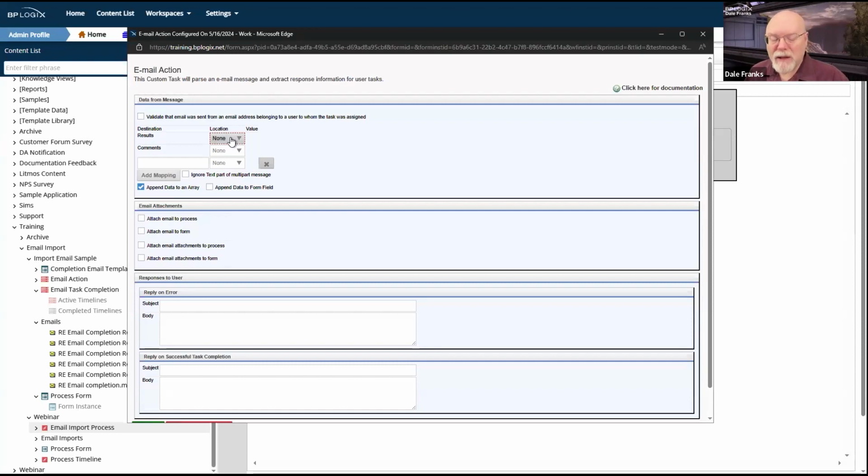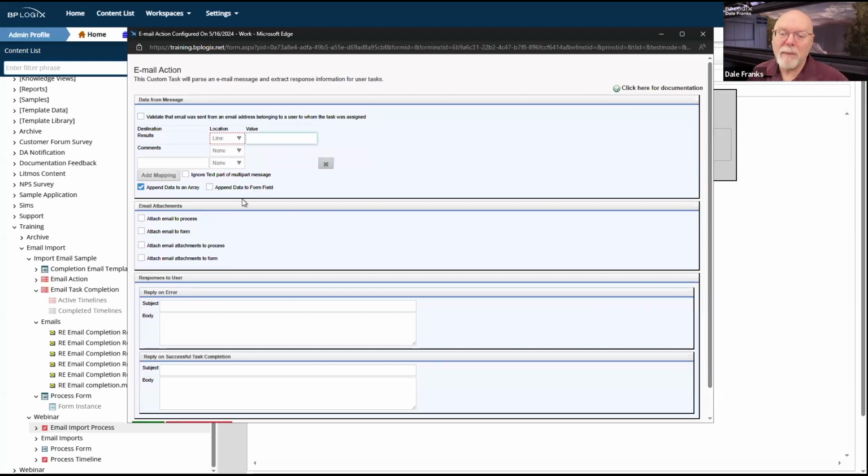I need to specify where my results are. And since I do have comments on this form, I have signature comments, I need to specify where my comments are. I've got a couple of different ways of doing this. The easiest way is to set it by line, right?